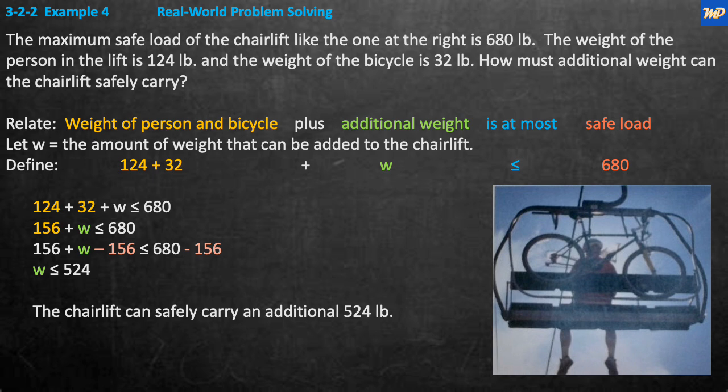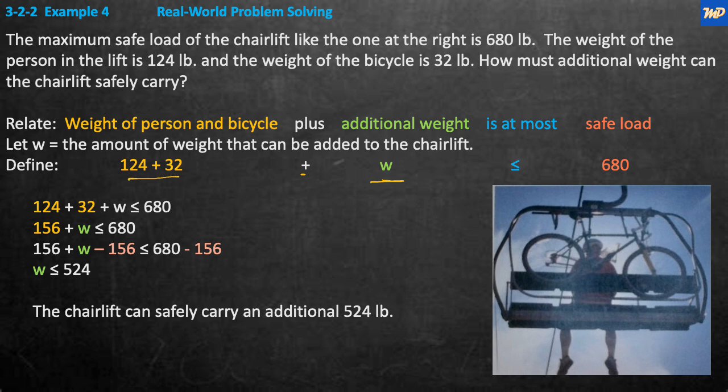Wait, so what is that? So the weight of the person and the bicycle is 124 plus 32 pounds, plus the additional weight, which we don't know. We're going to be solving for W. And it is at most, which means it is at most 180 pounds. So it's equal to and less. It could be anything up to and equal to, but it can't be greater than. It's at most